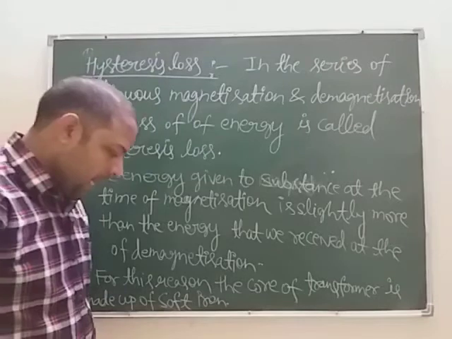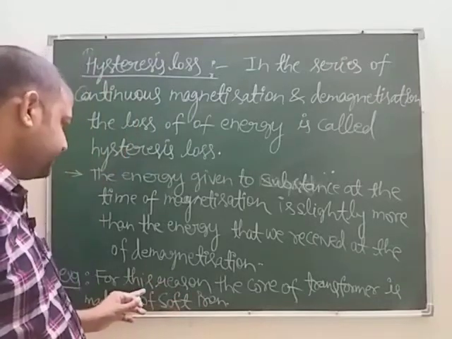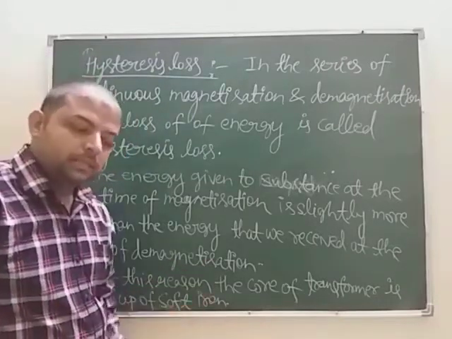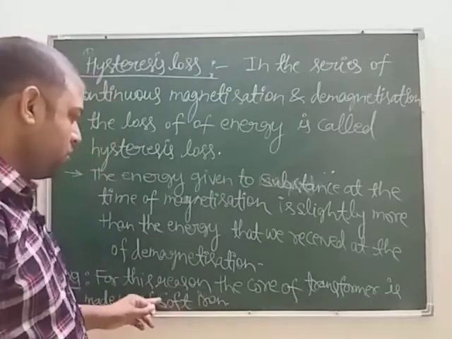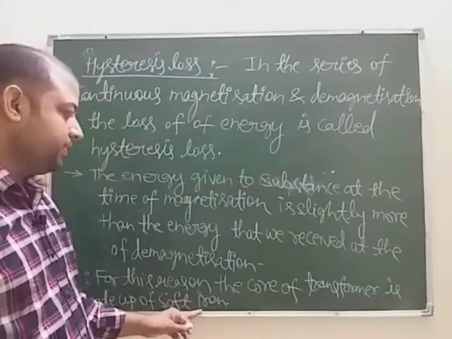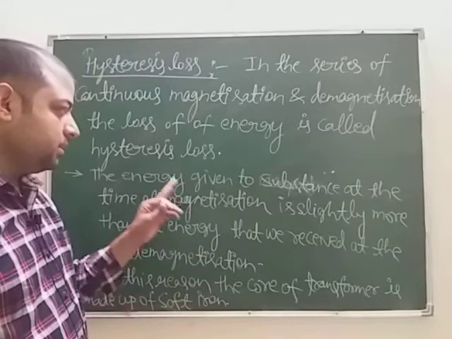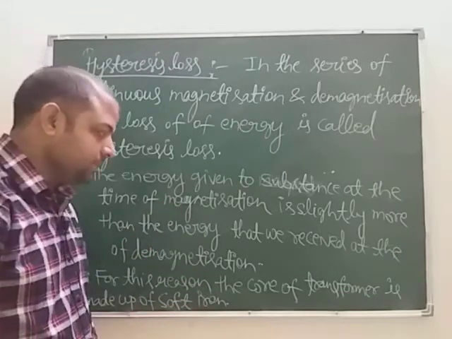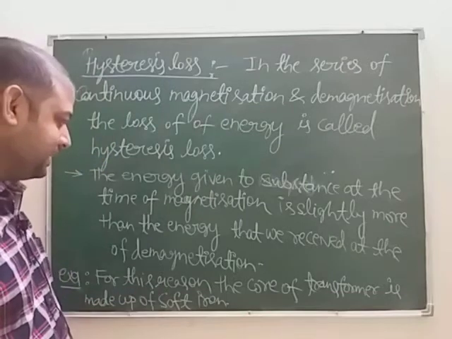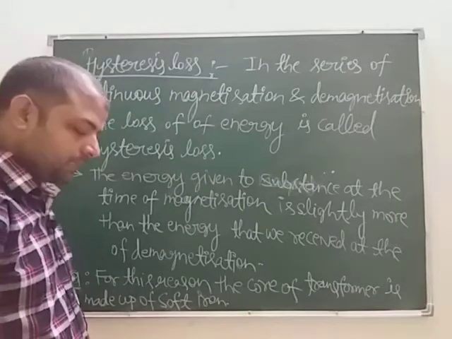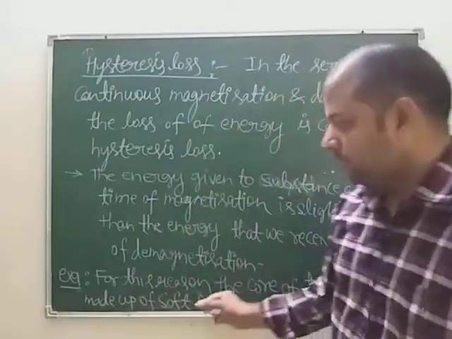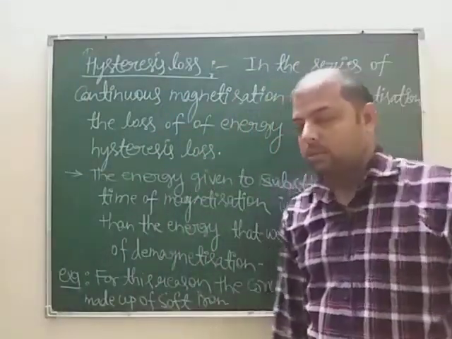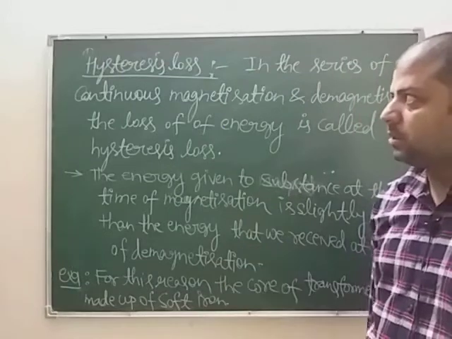I have told you this point already, that the hysteresis curve is narrow for soft iron. It means in the magnetization and demagnetization, the loss of energy is less in soft iron as compared to hard iron. So we will use soft iron to make the core to reduce the hysteresis loss,